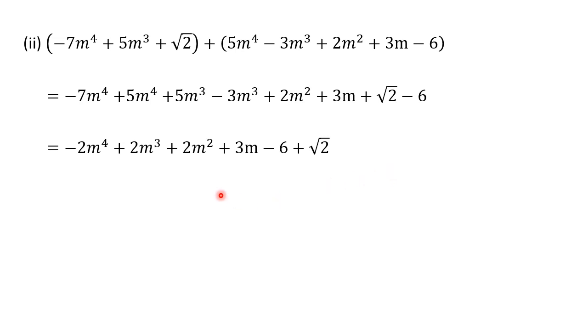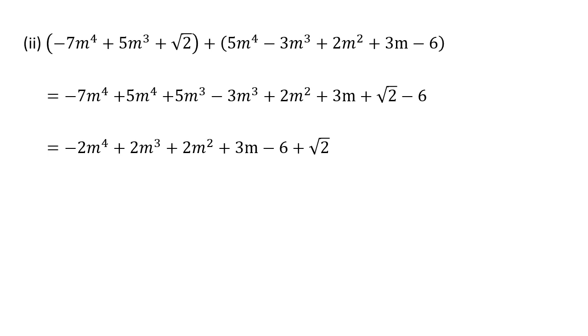Now what we can observe while adding and subtracting, we saw one sum of subtraction in the solved examples also. The degree here is remaining the same. It is not increasing. The degree of the answer is not more. Either it can be the same or sometimes it can be less also. But it cannot be more than the degree of the polynomials which are present in the question. Similarly, you will solve the third one as homework.